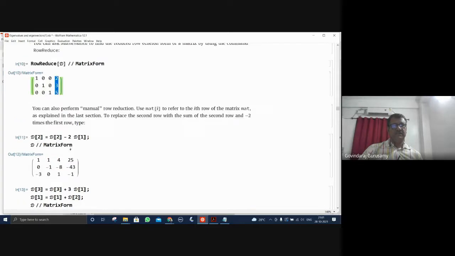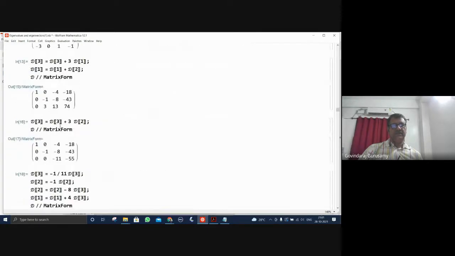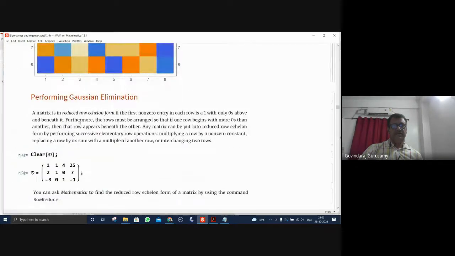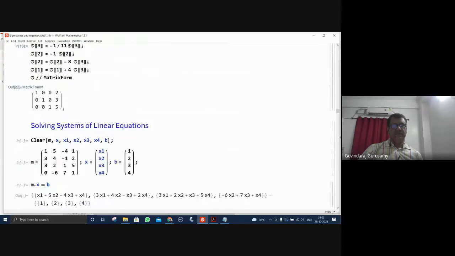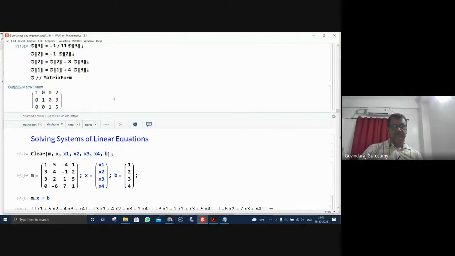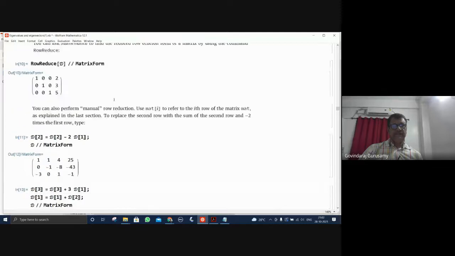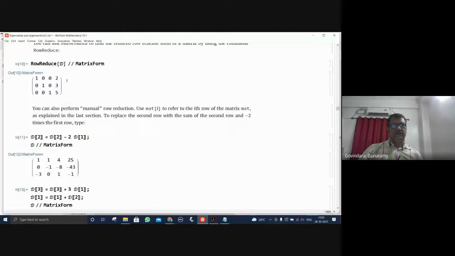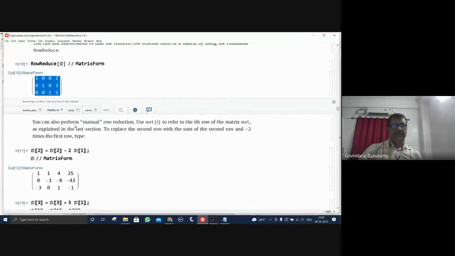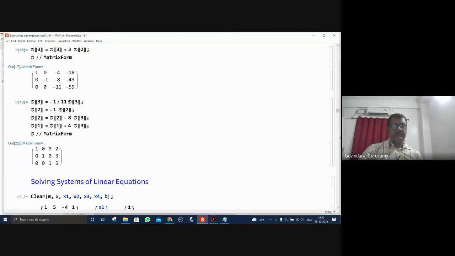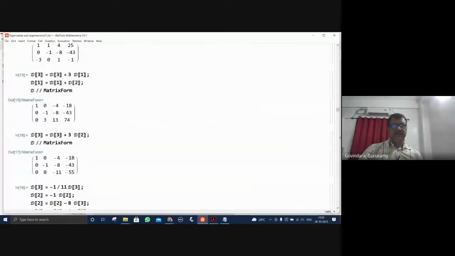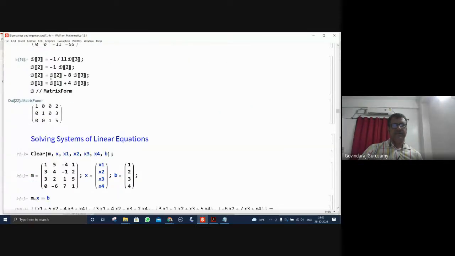So this is the result. Row reduction automatically takes care of that. It gives the results. This is actually manually how we try to do this Gaussian elimination method one by one, and finally we arrive at a result. Okay. So this is the procedure that has been generalized and it has been given in row reduction. Then this result can be obtained with one single line. These are all the steps that have been performed by row reduction, which is defined in Mathematica, which we would do by hand, one by one, to finally bring it into this form.